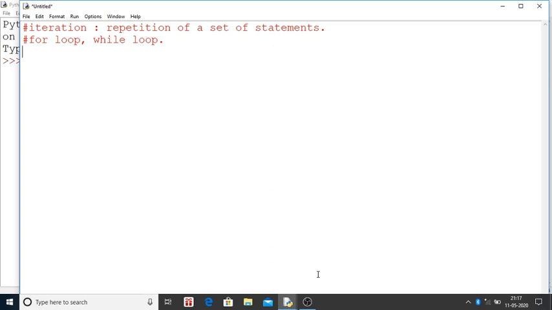In for loop, first of all the keyword for, then a control variable, that is a user defined name that you can give any name. Suppose I give I, in is a keyword, then you can give a string value for which you want to repeat. Suppose I say 'computer science', inverted comma close, and then colon. As I press the enter key, you can see the indentation. Now here I will write print